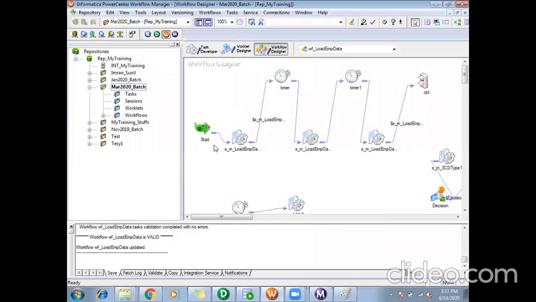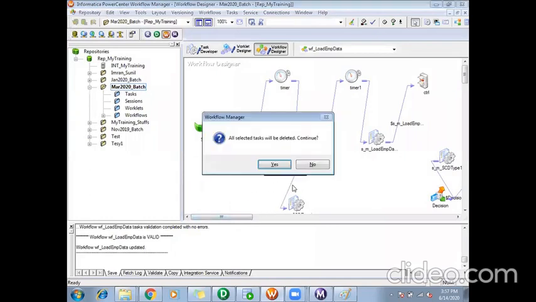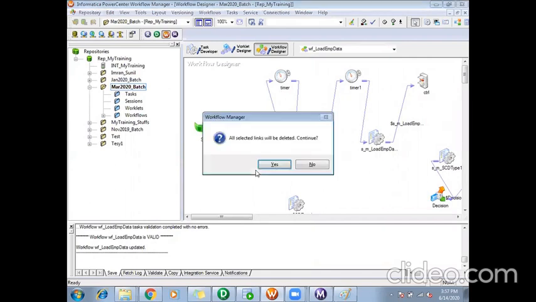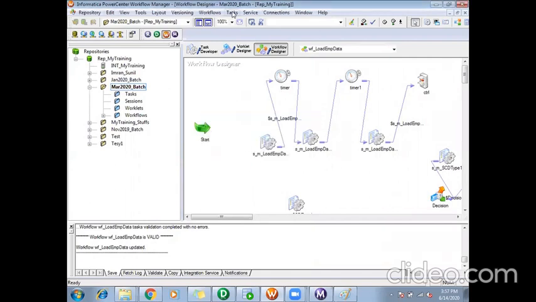Okay, moving next. So this was about the timer task and control task. Coming to the next task, that is